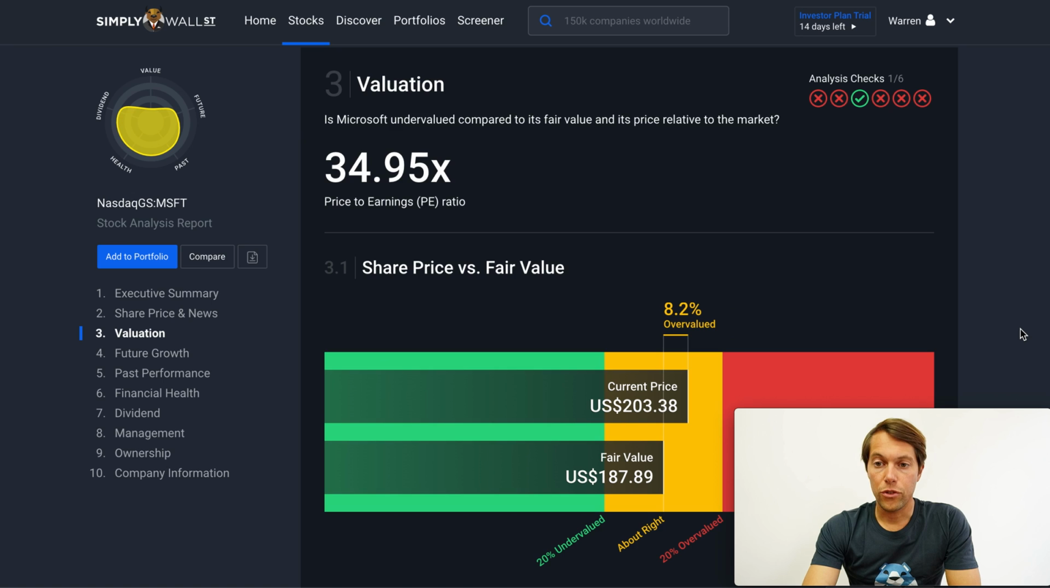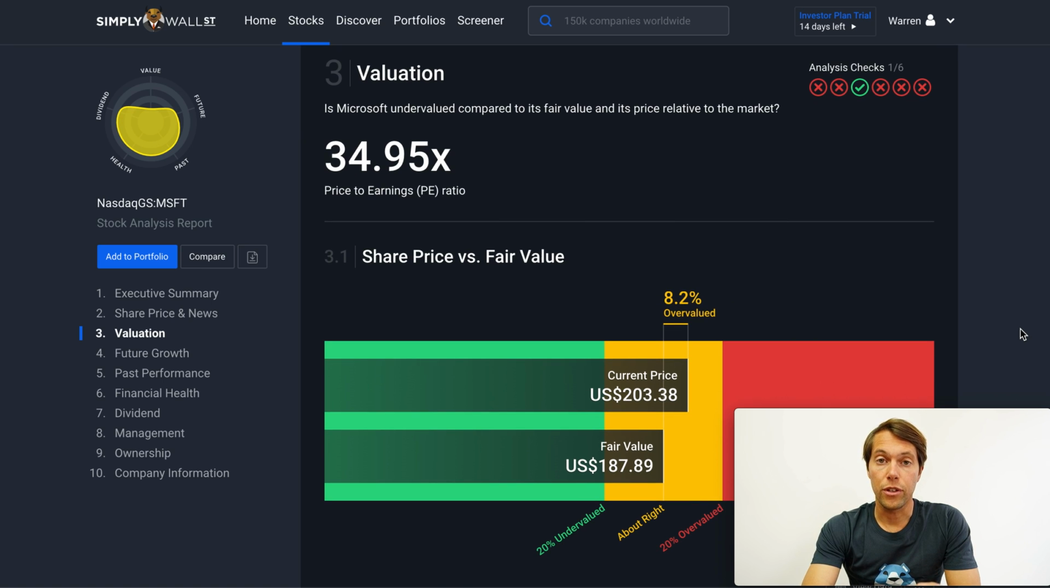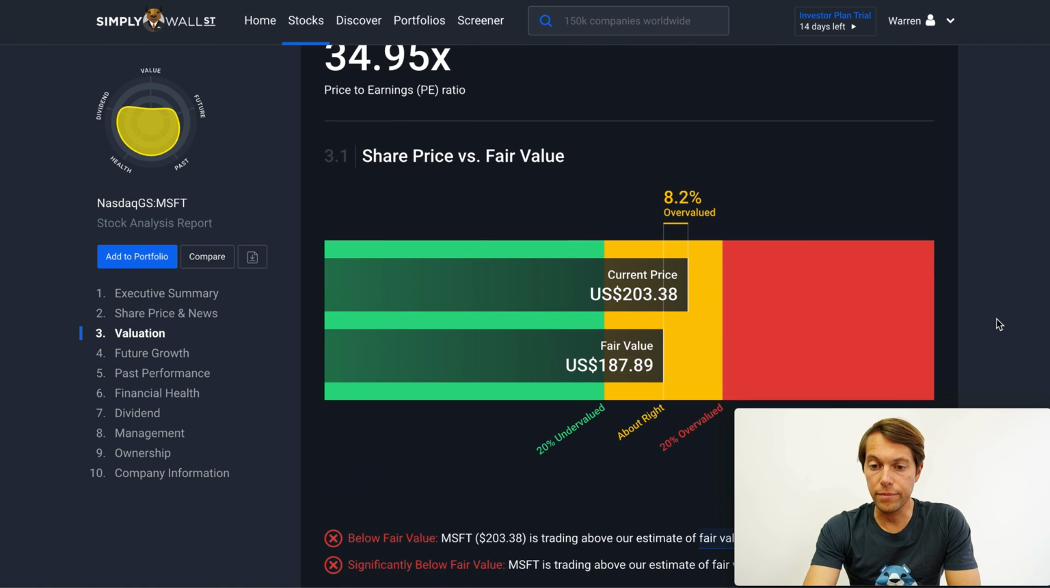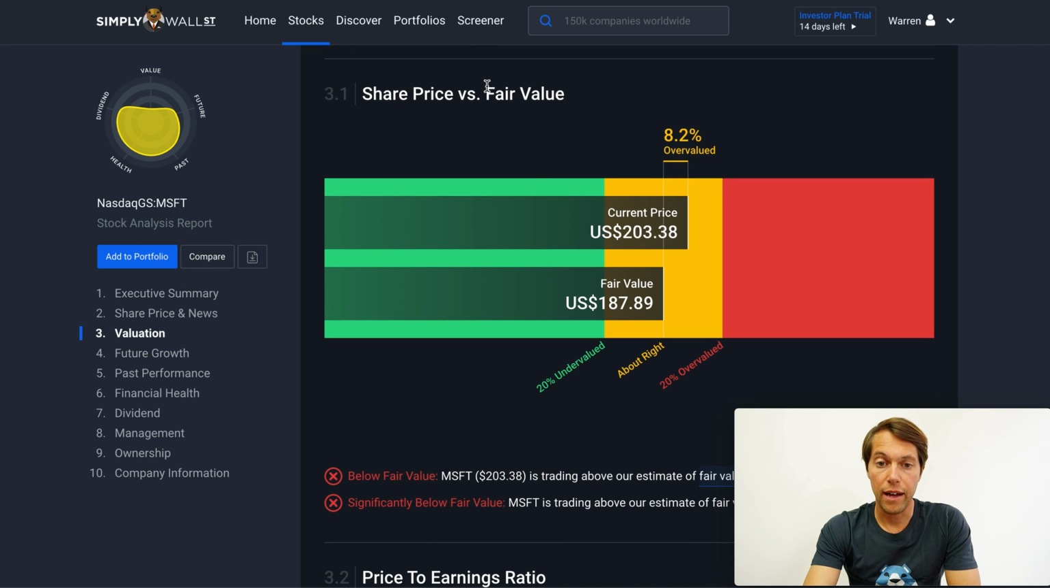Now let's move on to our first section that's part of the Snowflake, which is valuation. What we're doing in valuation is looking at different aspects or different measurements of value for a company. The biggest one, or the first one, is something that we call fair value. When we talk about fair value, we use the future cash flows of the business, so how much cash flow and how much money that company is going to make in the future,